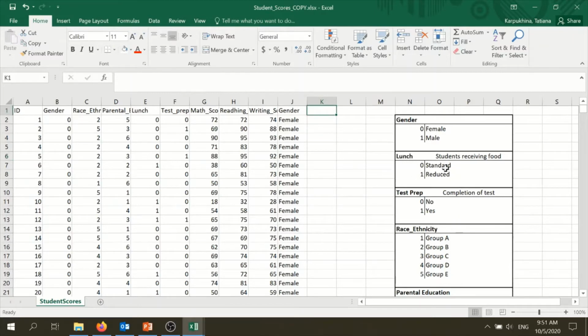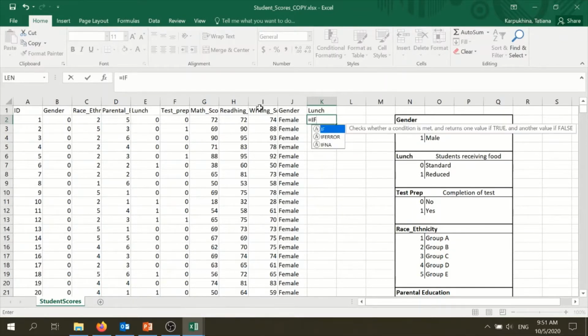Great. Now let's do the lunch variable. I don't like typing things because that increases the chances that I will make a typo, so whenever I can copy something, I do that. Press escape. And let's now keep on doing the same more complex formula. So we say if, just to be sure that we only have 0s and 1s, and we'll check afterwards if there are any errors there. So if lunch equals 0, that means, according to our legend,